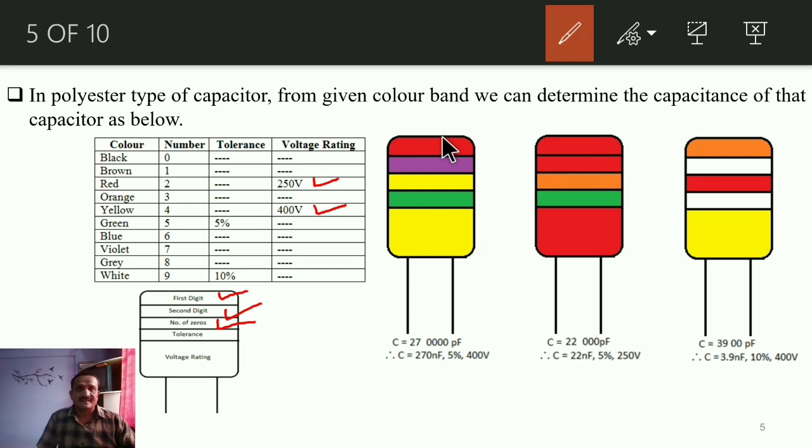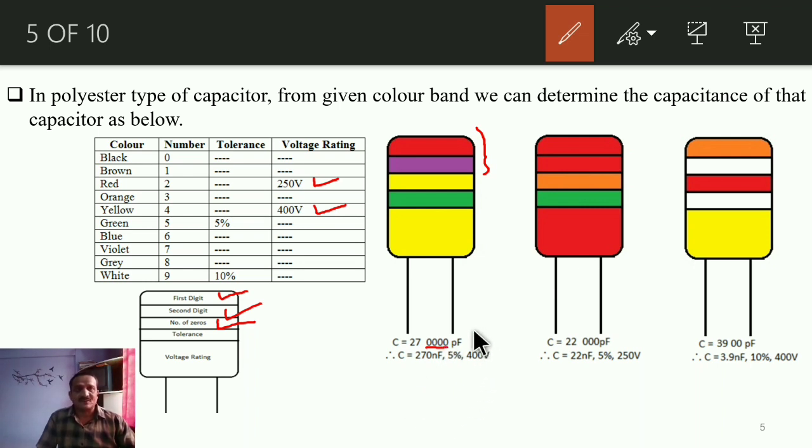First one is red, right now. Then the second one is violet. So for red the assigned number is 2. For violet it is 7. So 27 comes from the first two numbers, these two. Now the third band is for the number of zeros, it is mentioned here, number of zeros. So for number of zeros it is yellow colored. For yellow color the number is how much? 4, and that's why 4 zeros are directly written over here,